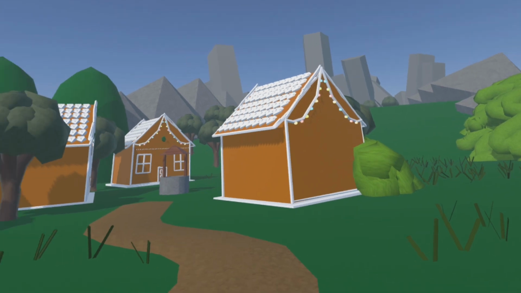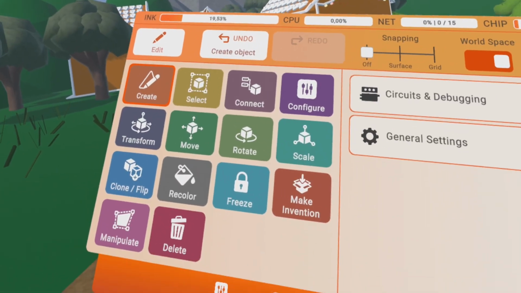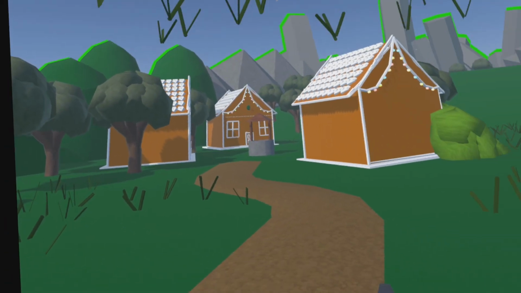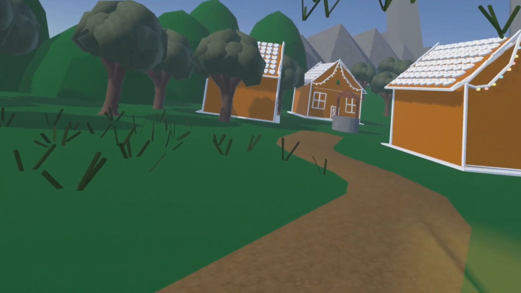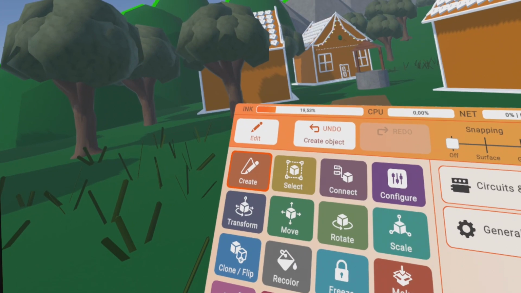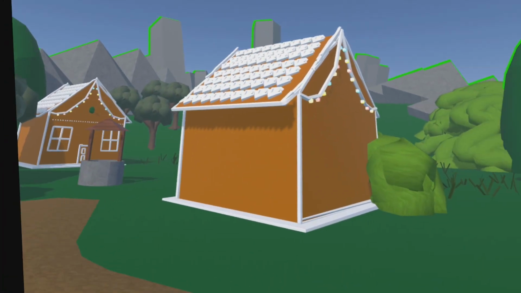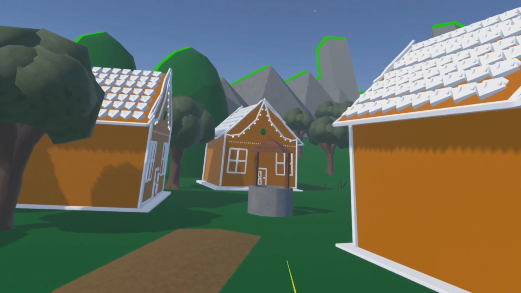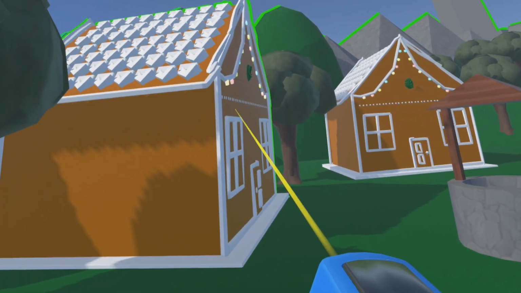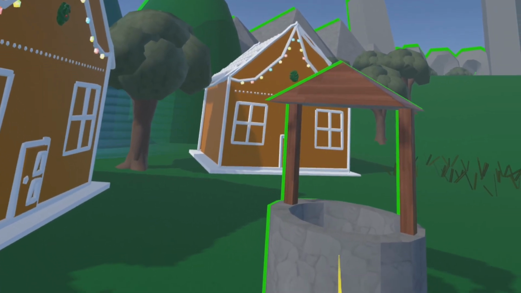I like it now, but what I have to do now, just to finish this, you see the ink now, it's already at 20%. So I can build more, but if I want to put a lot of objects in here and stuff, it's a little bit high. How do I save ink? It's super easy. I use the select tool. Then I go around and look at what I have already. And I see, you can see the houses they are at the right spot, and the trees are also at the right spot. So what I can do, I can select things